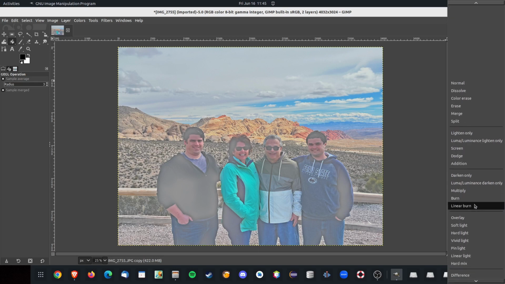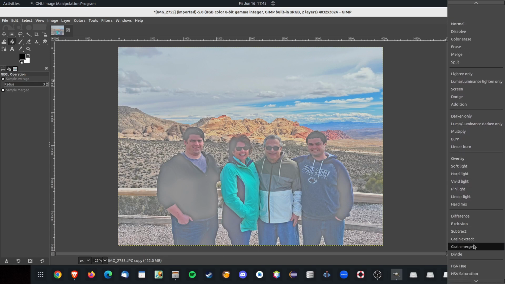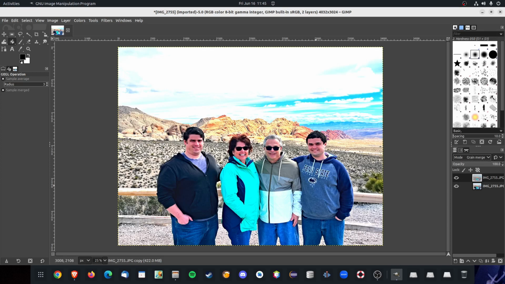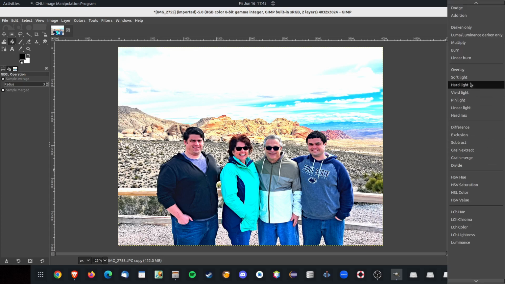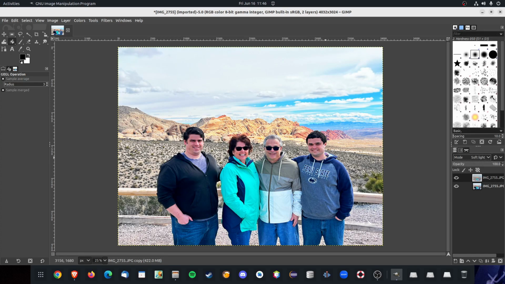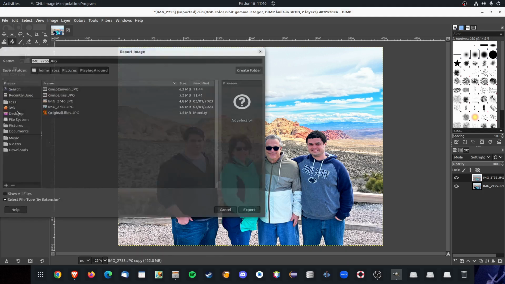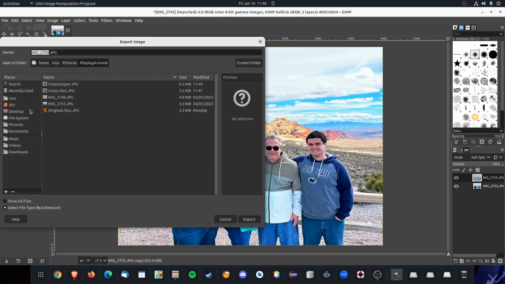Now, watch this in particular. The tutorial I referenced says grain merge. If we do that, I think we almost look red, and the mountains back here look like they have way too much sun on them. So again, I'm going to pick soft light. And look how now we look like we have a little bit of a complexion, and the light on the mountains, you can still see definition, but it really brightened up this blue sky. So if we export this, this is Gimp Fam,